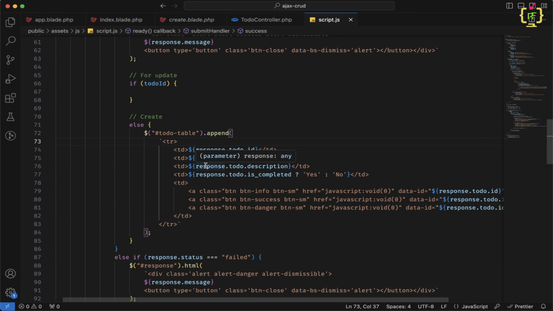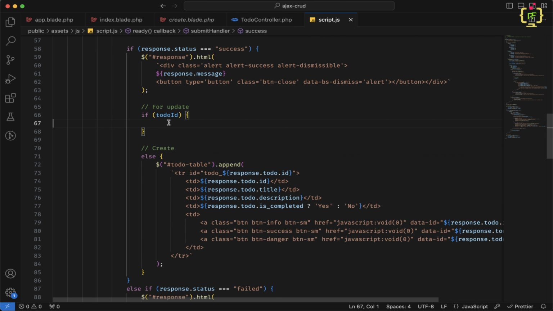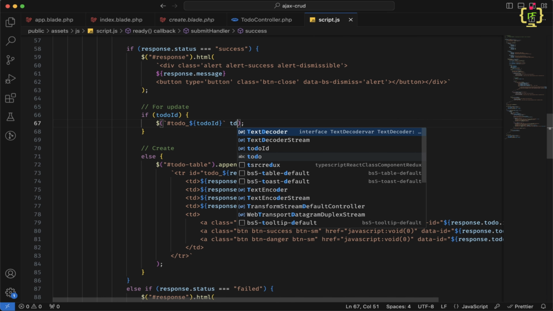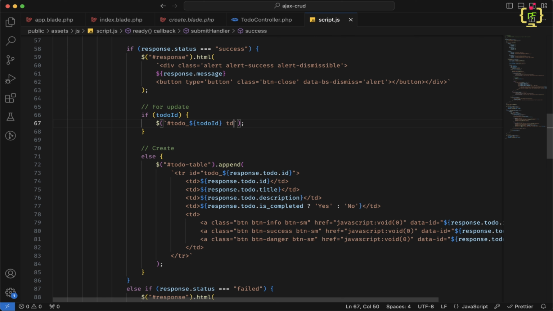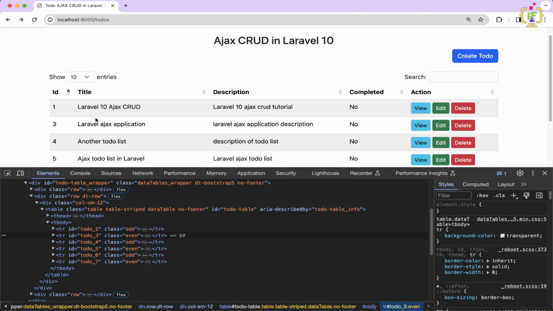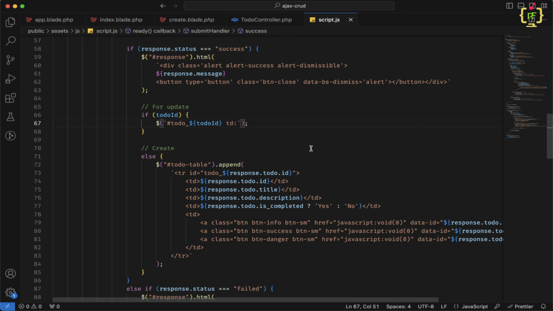So here we have to give id equals todo_, and we will append response.todo.id. Now let's complete this functionality. Here we will use this selector as todo_ and todo ID, and inside this td we will locate the second child element, that is the nth-child selector. So we have to append the title value in the second td and the description in the third td. So we will be using nth-child 2, and then we will write html